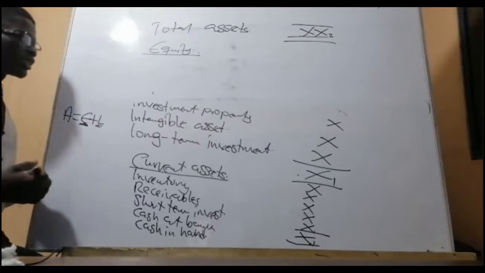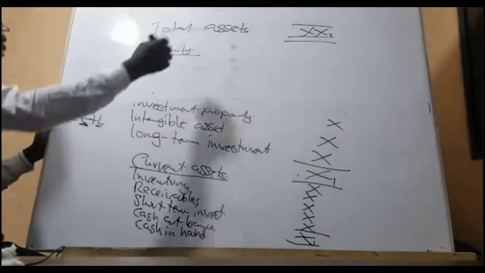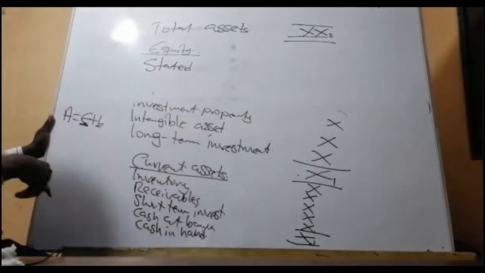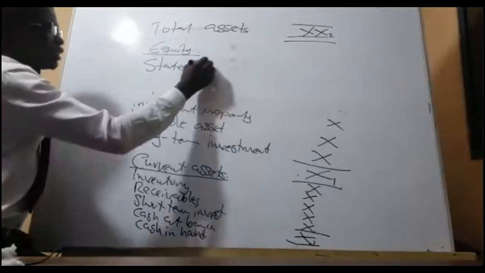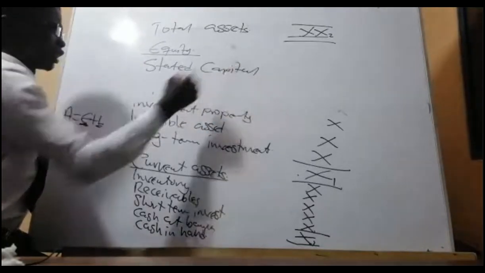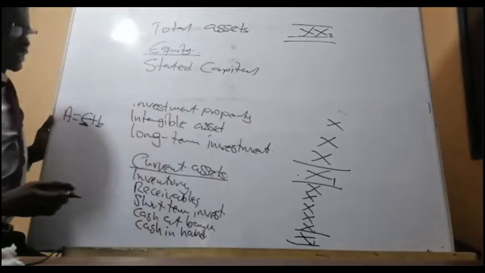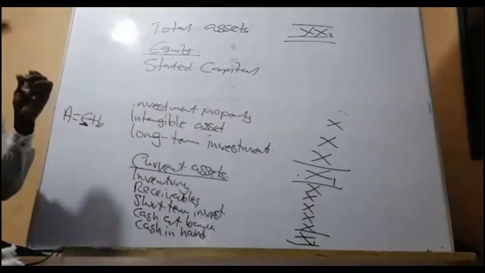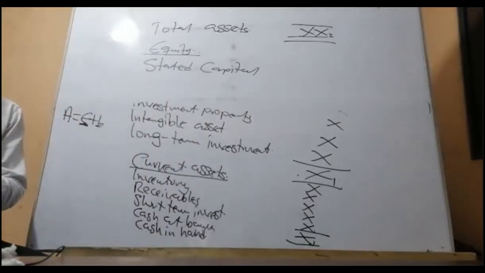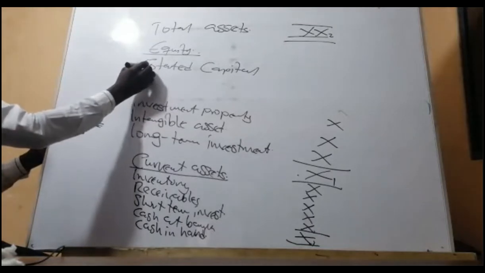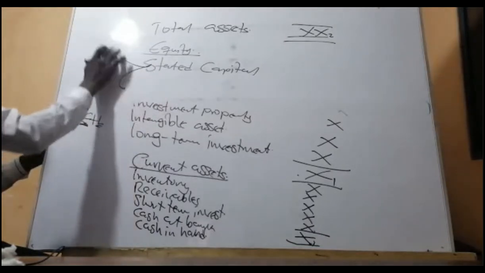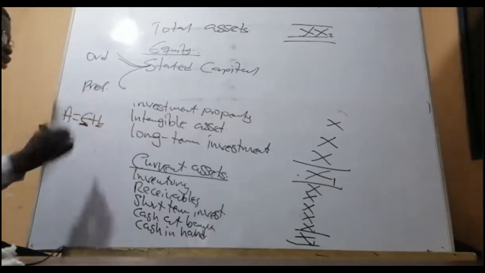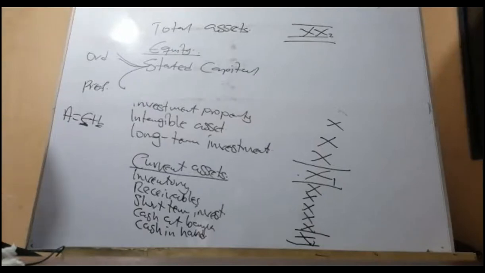So first, you record stated capital. In fact, if you write stated capital like this, that means it must be in the question. This one is made up of two items. So either we give just their family name or the individual items. This stated capital is made up of what? Ordinary shares and preference shares. So ordinary share capital and preference share capital. So that's the stated capital.